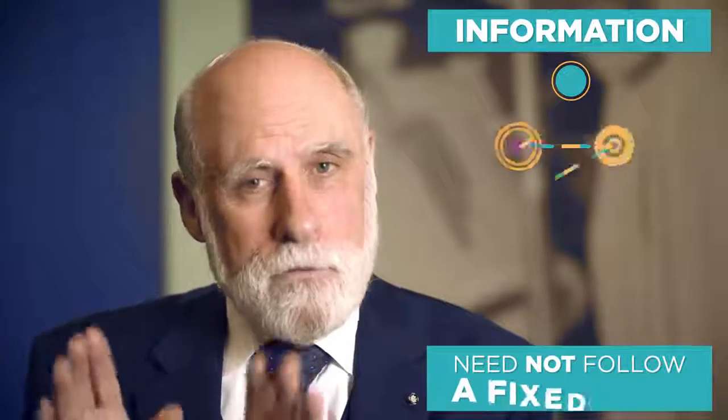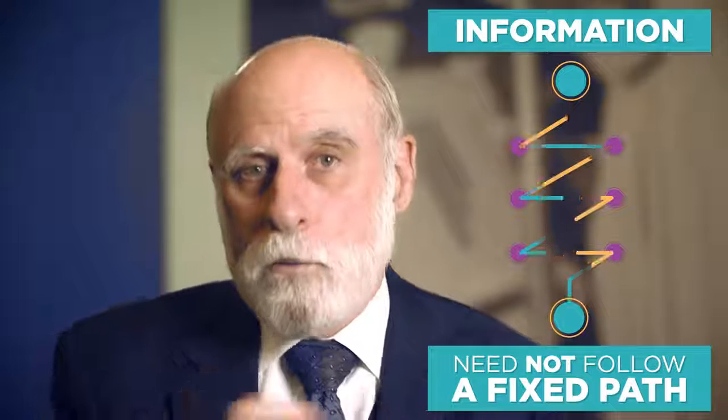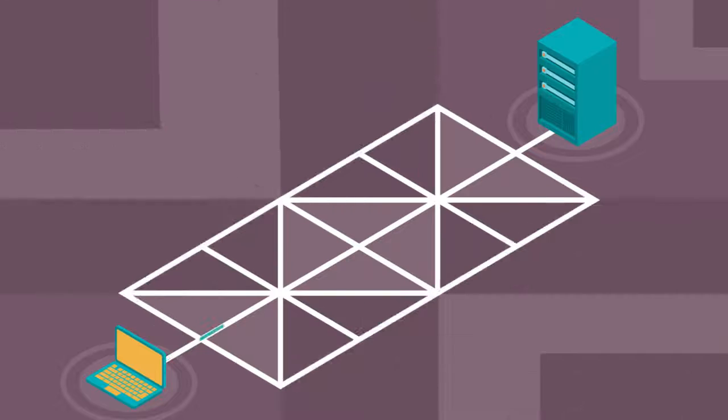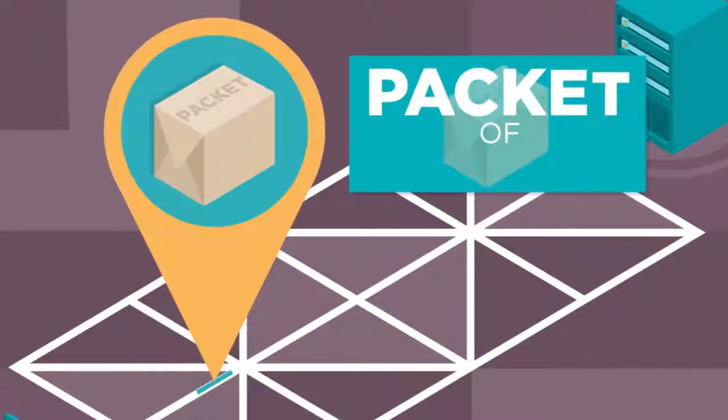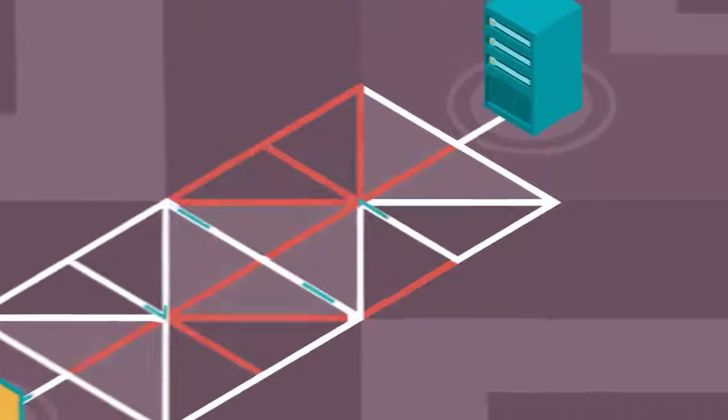The way information gets transferred from one computer to another is pretty interesting. It need not follow a fixed path. In fact, your path may change in the midst of a computer-to-computer conversation. Information on the internet goes from one computer to another in what we call a packet of information. And a packet travels from one place to another on the internet a lot like how you might get from one place to another in a car. Depending on traffic congestion or road conditions, you might choose or be forced to take a different route to get to the same place each time you travel.